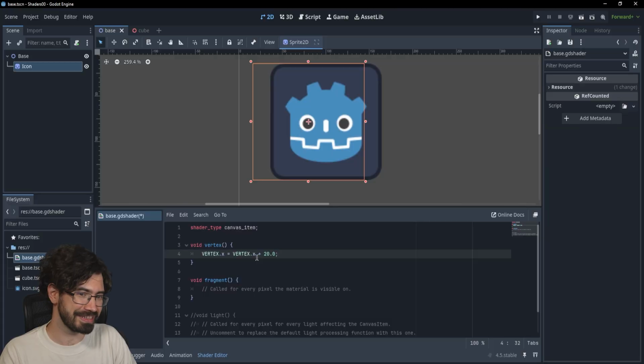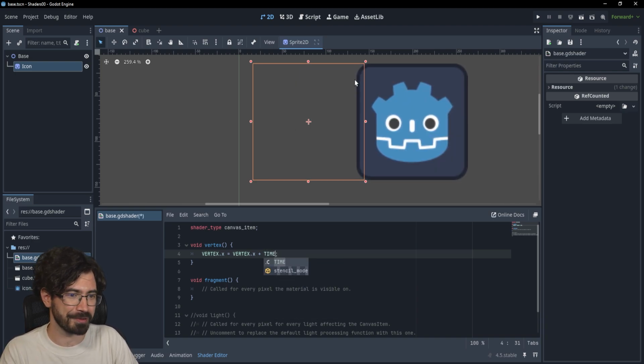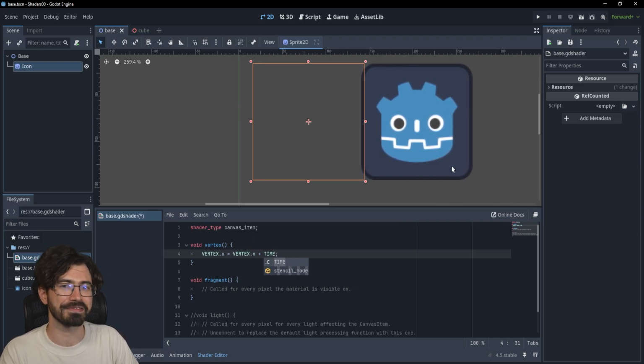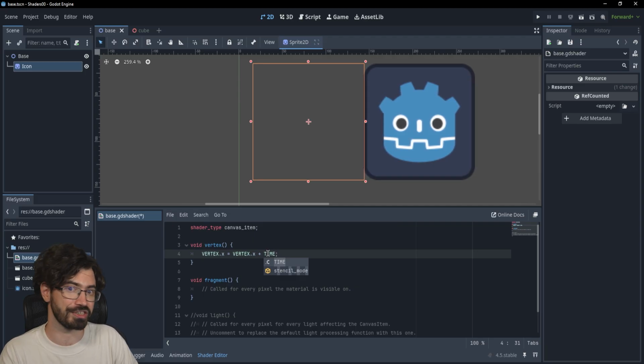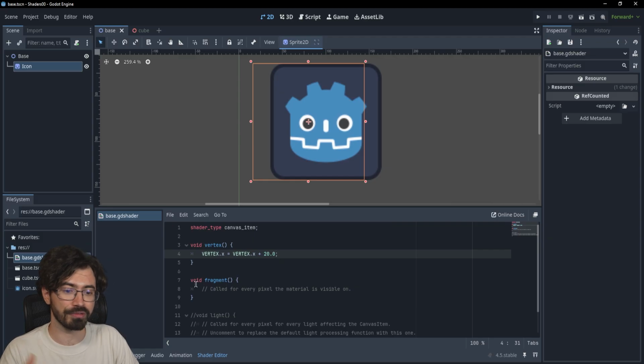And now what's interesting is that despite the object remaining in the same place, it's being rendered 20 pixels towards the right. Okay, but what else can we do? Well, there is also a nice built-in, which is TIME, and that built-in is going to tell us how much time passed since we started the engine. So for example, if I write here TIME, I'm adding to the x coordinate the time that passed, and as you can see, my vertices continuously move as this value is continuously changing. Okay, but let's put it back to 20.0